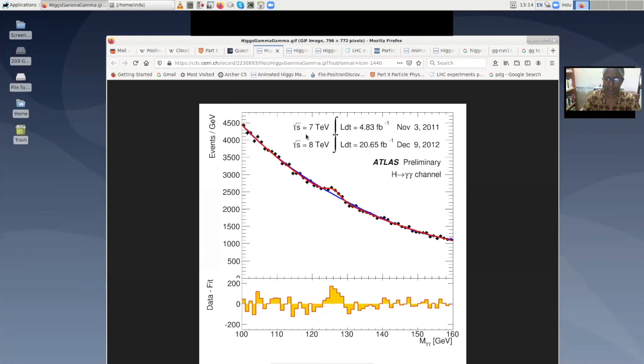And this is the final state, because a lot of energy is lost in the Higgs production, right? There are other particles that have been produced, like Z or W or top or whatever. There are so many channels in which this is produced. They have only pulled out the decay part of Higgs to gamma gamma and plotted only that part of the decay rate. This is the events as a function of that invariant mass. Although I did not explain all this in detail in the classes, I thought it's useful for you to see these things so you appreciate more what we are actually going to complete.